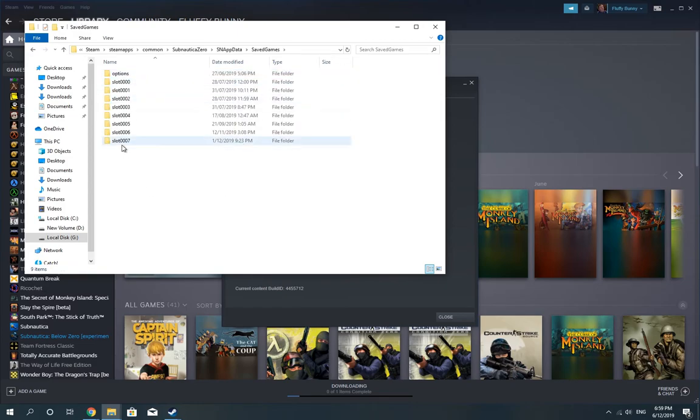Now these slots directories are your saved games. Now I'm going to clear the cache for my newest game, which is the 00071 that you can see. So I'll open that up. Now all we need to do here is to clear out the contents of Cells Cache and the Batch Objects